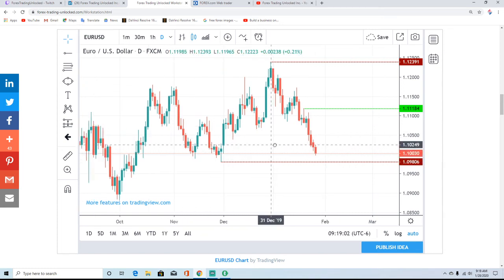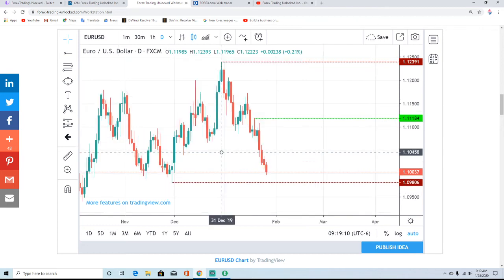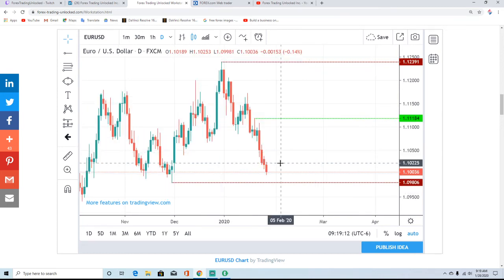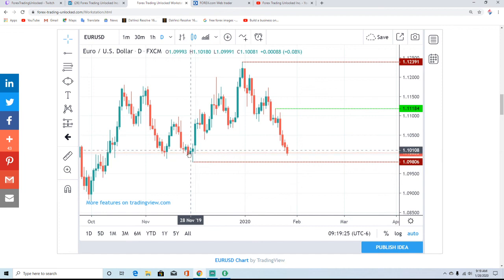The Euro US dollar had been in a neutral to higher trade until the end of 2019. This market for sure has been in nothing but a downward trend since the year has begun, pressuring new move lows as we speak right now. There's only been a couple of corrective up days during the whole month of January so far, and now we're resting just above this last higher swing low. So you know that as far as trends go, as we make higher move highs and higher move lows, the trend continues to be upwards.